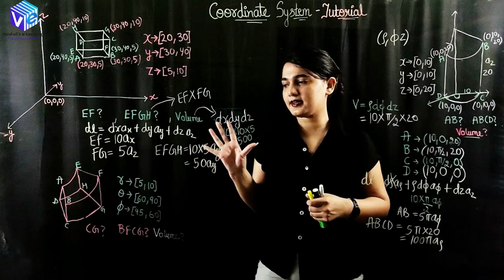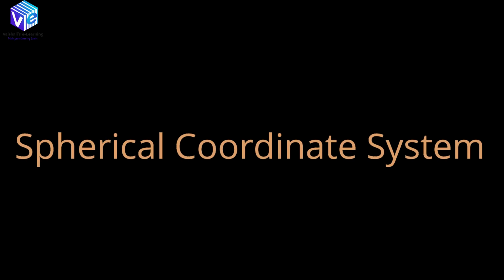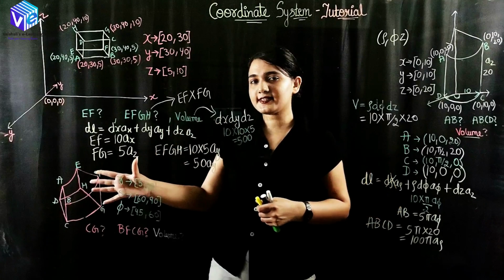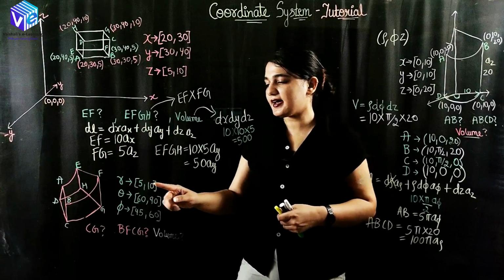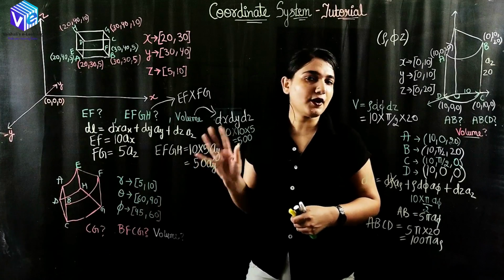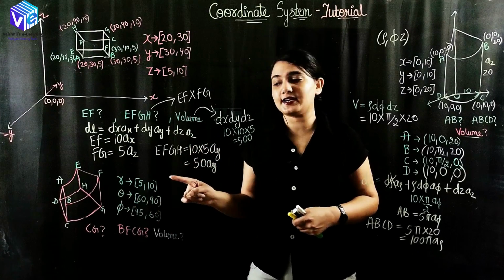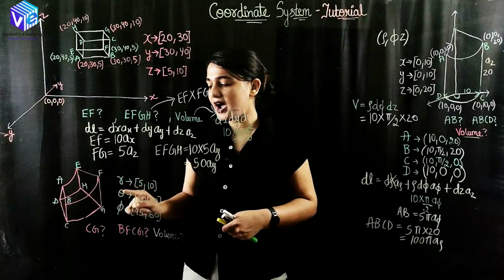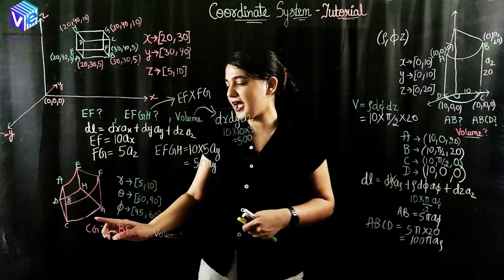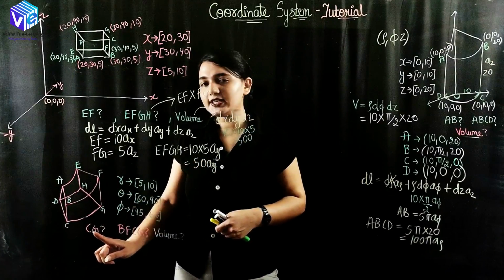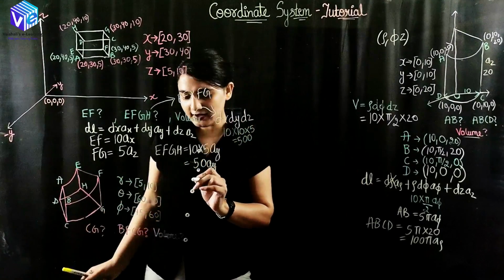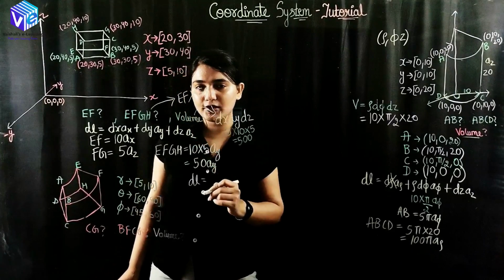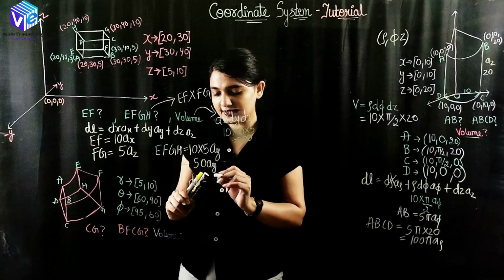Now coming to the spherical object. So this is my spherical object. So here you can see the coordinates of r, theta and phi are given. Now I don't have to change the coordinates. It is already given in the r, theta and phi coordinates. I have to find out the CG length. Okay, so first of all I will be using the differential length formula.